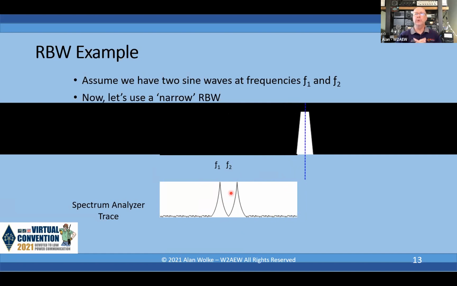So why do we go slower? Well, there's two ways to think about this. The electronic way to think about it is that narrower filters have a longer time constant. And since they've got a longer time constant, you effectively have to dwell longer at any given point to allow that filter time to charge,